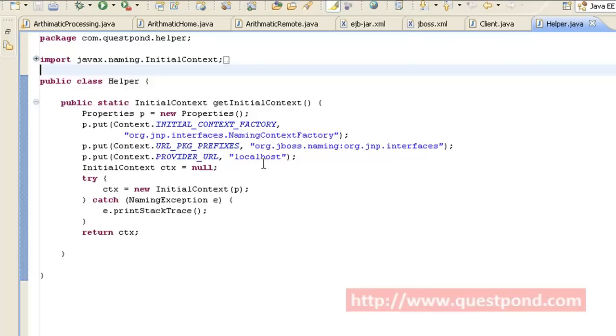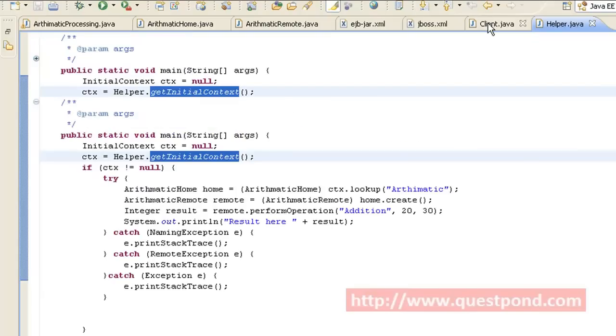Here I am putting localhost since the server is present on the same machine. If it is present on a different machine, we can provide the IP address of the same. Now after taking these properties, we create the initial context object by passing these properties. In case some exception happens, like a naming exception, in which case the name is not found, it will throw an exception. In any case, it returns a context object.